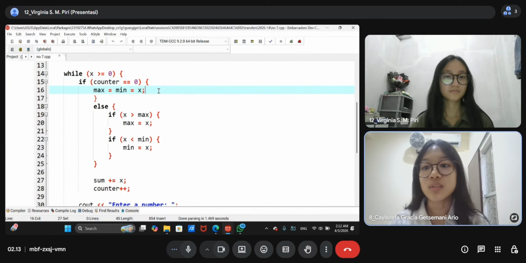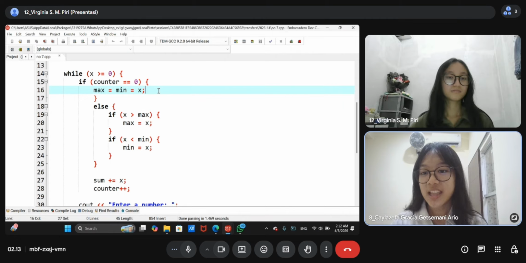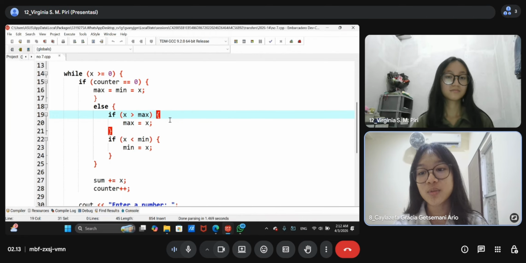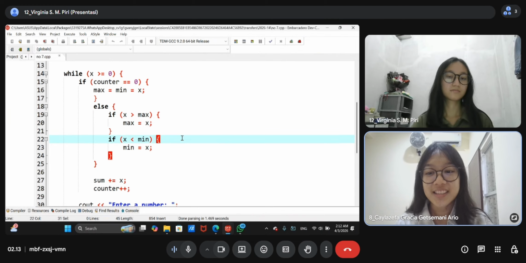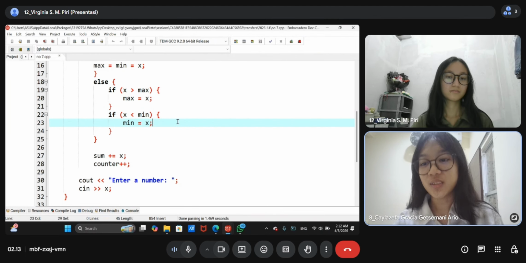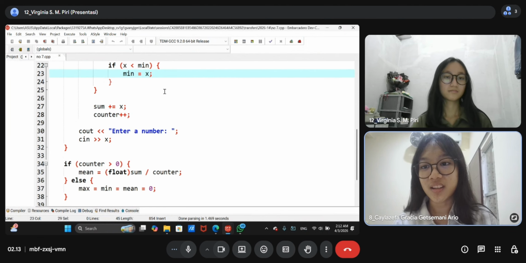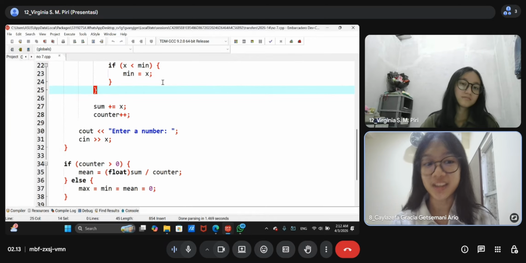Then we store max and min to x. Else, if x is larger than max, we store x to max. If x is less than min, we store x to min and close the branch. We close this with the curly bracket.